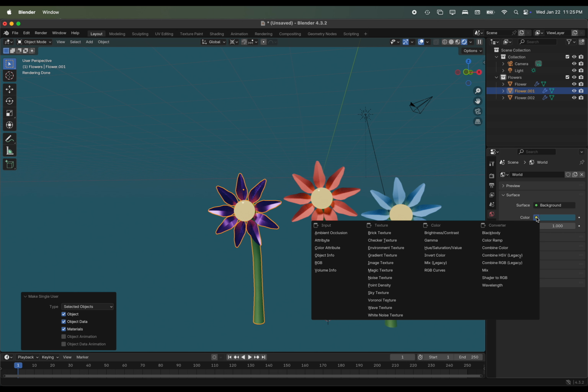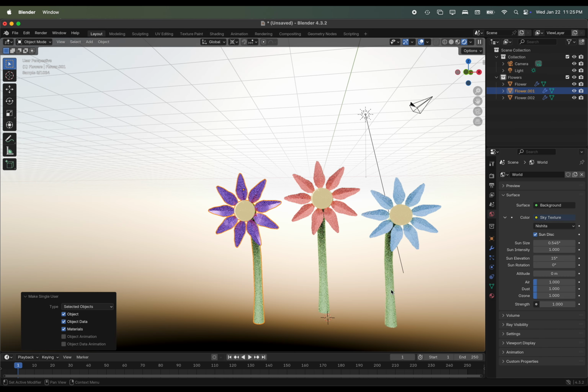Alternatively, I can click on the little circle to the left right here, and there are some different textures that I can do instead. Sky texture or environment texture are the ones you might use. Environment texture would be if you're wrapping an image around. Sky texture will give you a sky. Nishita is the best out of the different skies because you can customize it the most, like the amount of